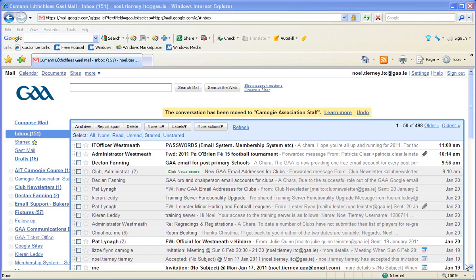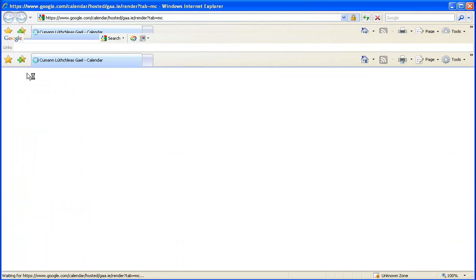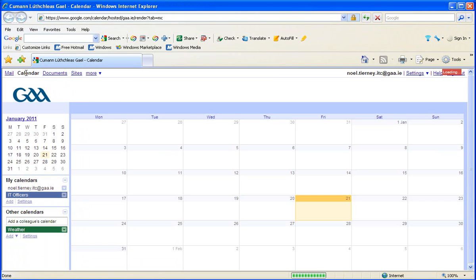This clip is going to present an overview of Google Calendar and how it might be used in a Gaelic Games administration context. So I'm logged in here to my email. As you can see in the top left hand side above the GAA logo, I'm on Mail. To use Calendar, just click on Calendar directly above the logo, and that'll take you to the Google Calendar page,